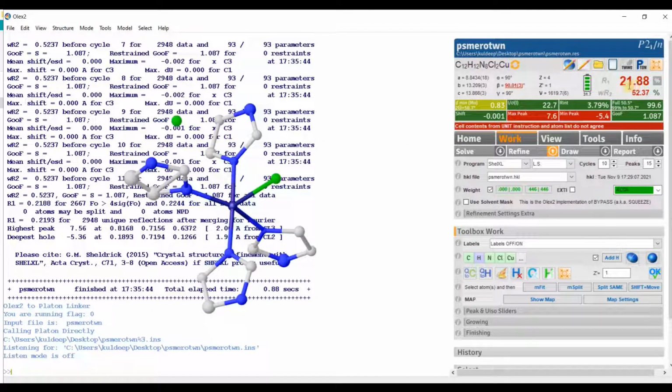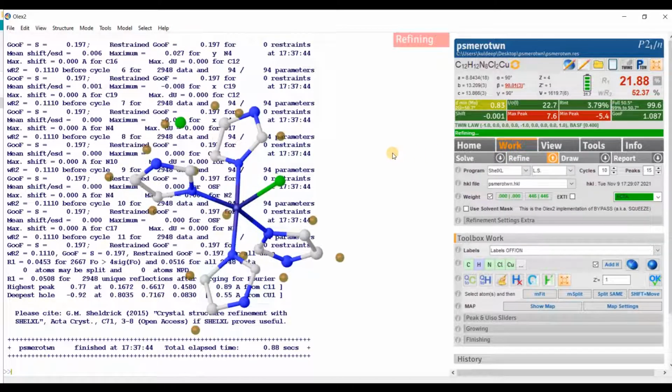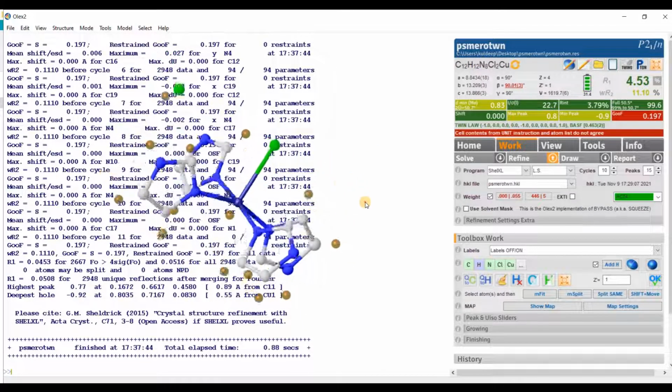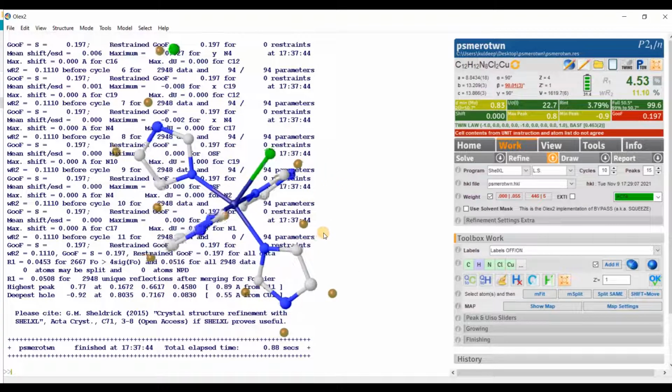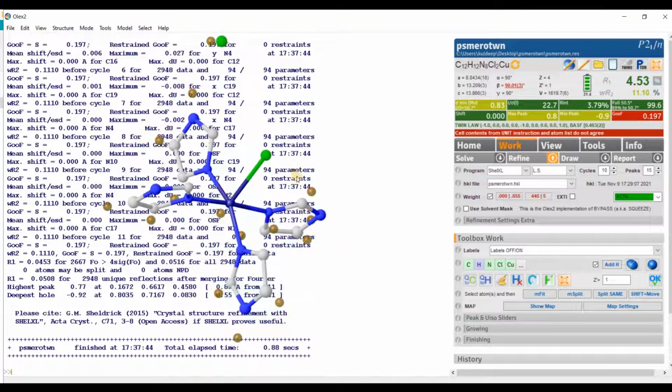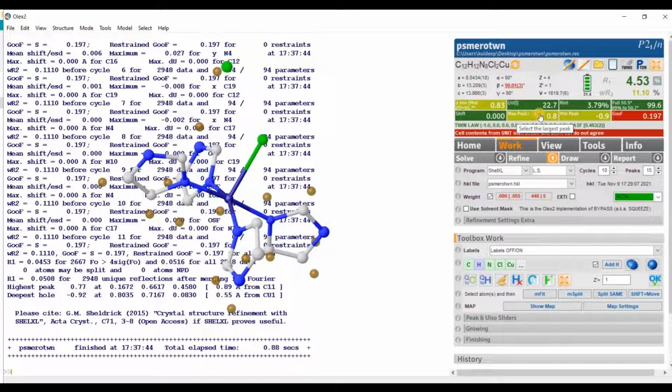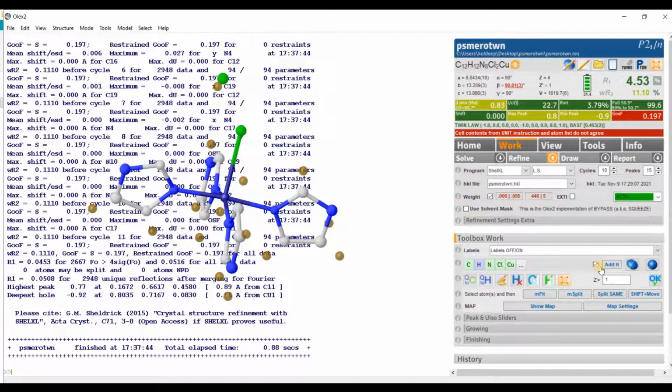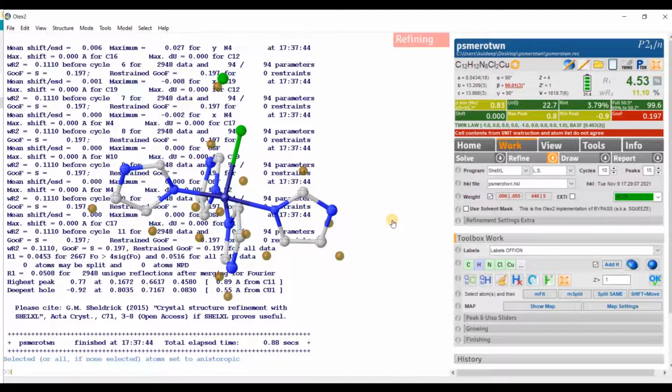The R factor is around 22%. Just refine it. Oh, it much improved, much improved. 4.53. That's very nice. So next you can see the highest electron density peak is around 0.8 electron. Earlier it was around 7 electron. Now the next step is refine anisotropically.